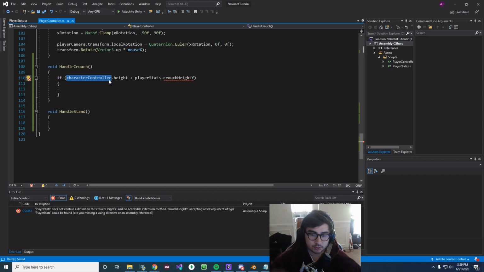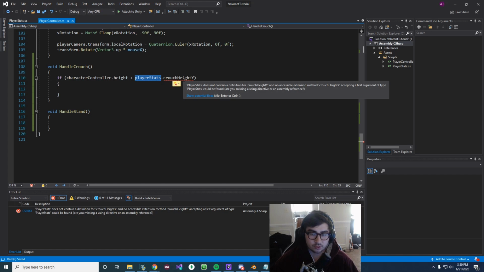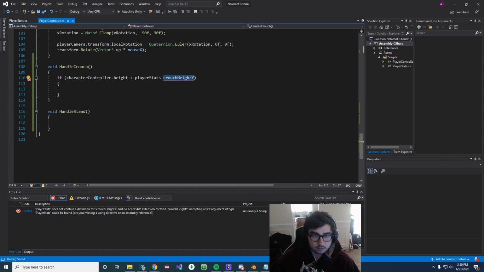We're gonna just decrease the size of our character controller height, and when we stand, we're gonna increase it. So in player stats, we need to create a couple more variables. At what height is crouching, right? Like how small do we make the character controller when we crouch? At what height is standing, so that we can go back up to it. So let's go into our player stats class,